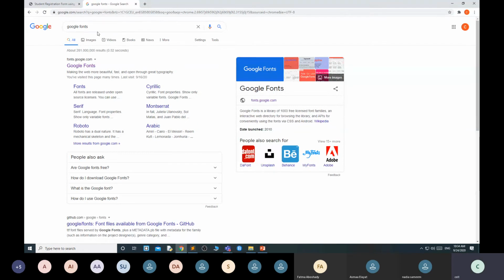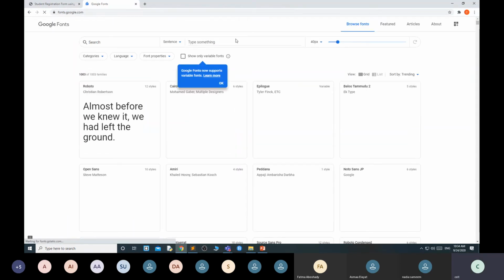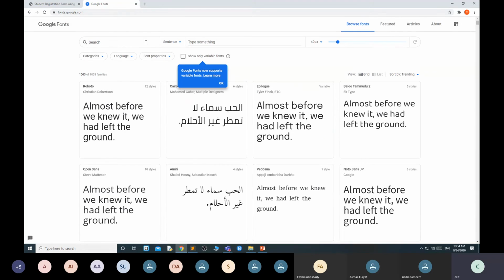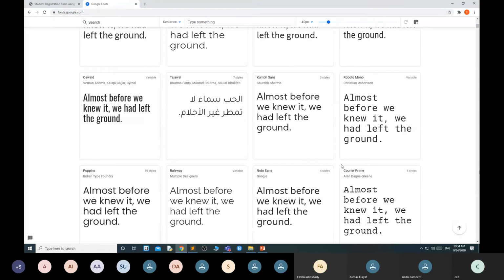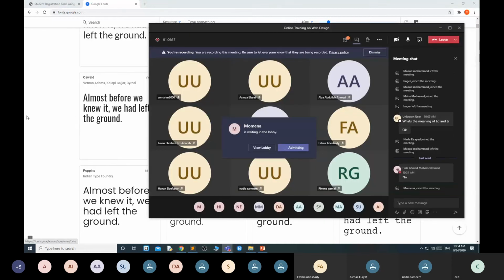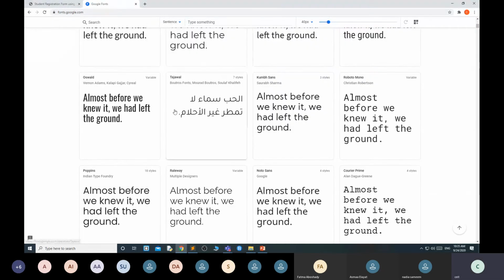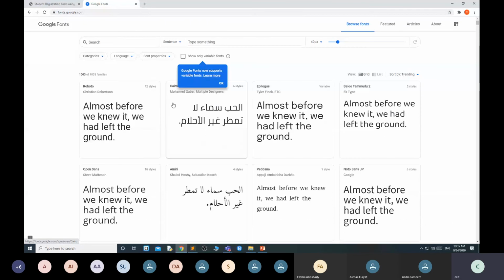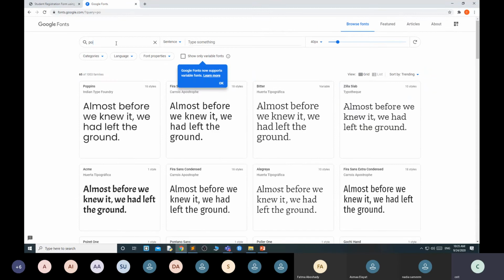It will open Google Fonts. Just click on this. Which font do you want? You can search. If you don't know the font's name, then you can search. If you know the particular font name, then you can just write it there.